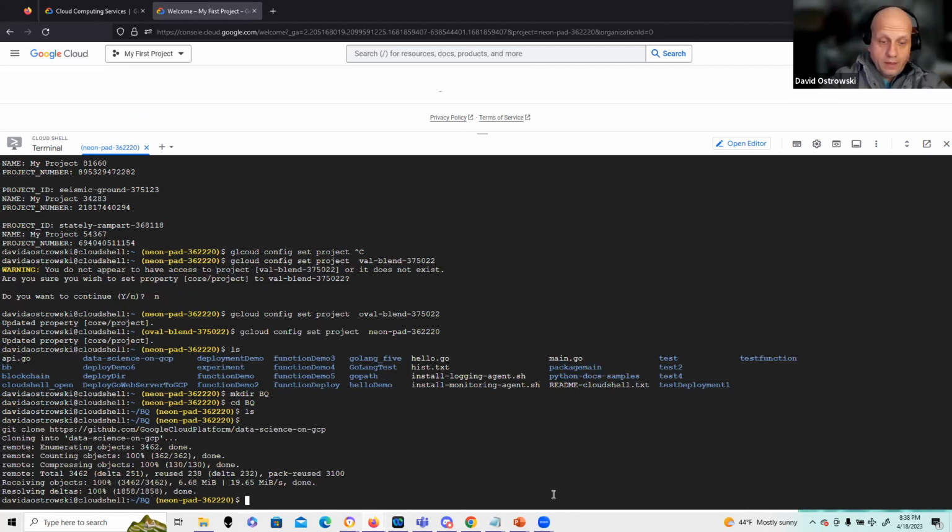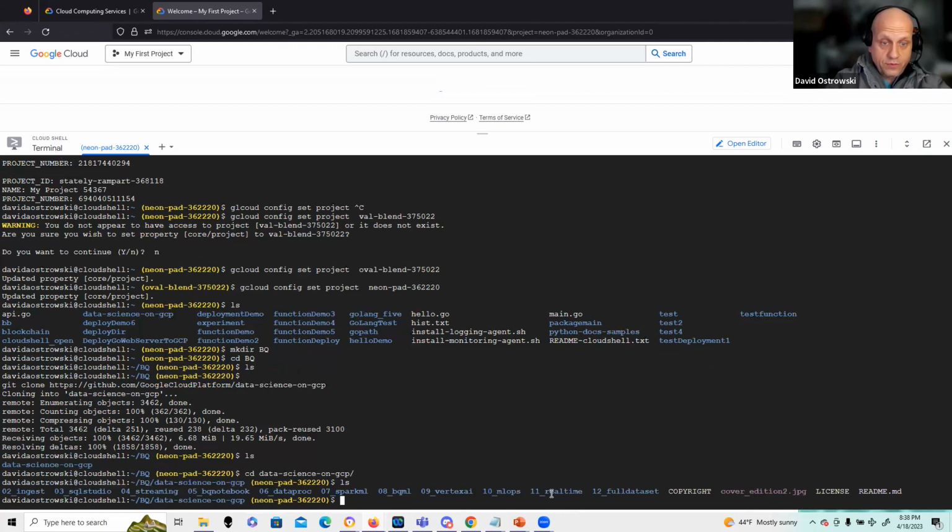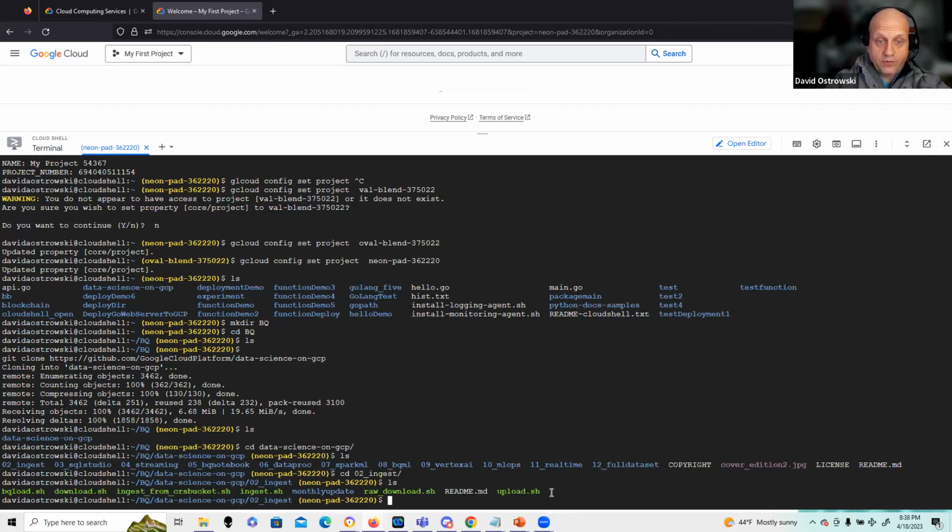So now that I've cloned that, I can go to the main directory, and I'm going to pull the ingest script from chapter 2 that's under 02 ingest. I'm going to use the download shell directory. Let's take a quick look at that, and that is going to point me to a